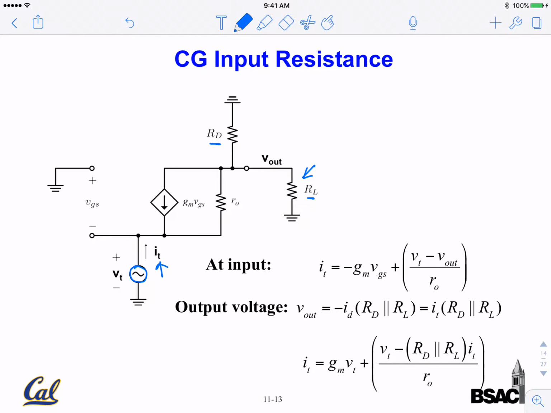So let's call R prime equal to RD in parallel with RL. We basically replace them with just one resistor. This node is VT. This node is V out. So if we apply a